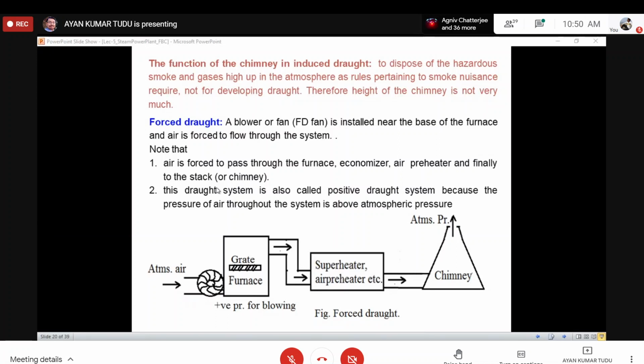Understood what I have said? Let me say it again. Whenever you open the furnace for firing or inspection, what happens then? There is high pressure, no? So the high pressure air inside the furnace will try to blow out suddenly, and there is every chance of blowing out the fire completely and the furnace stops.